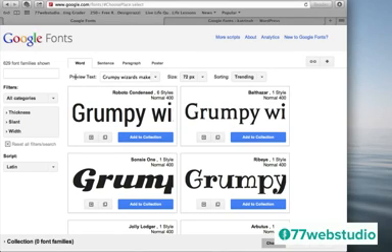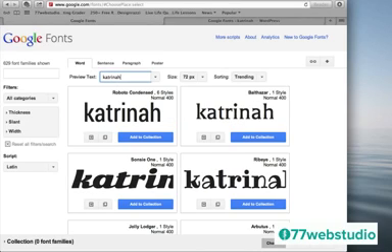Also, we can see there's the preview text. This is the dummy text that comes with the font page when you just go directly to the font page, but I'm actually going to customize this real quick by clicking on this, and then I'm going to enter my own text. This is all optional, you don't have to do that, but I want to see exactly what the words are going to look like on my page. So I've just put my name here. This is what I'm going to use on my page on my website to just show the demo version of